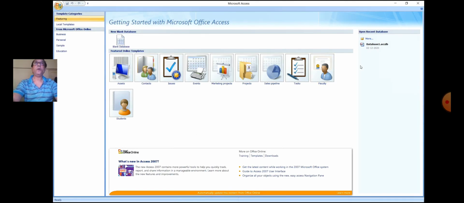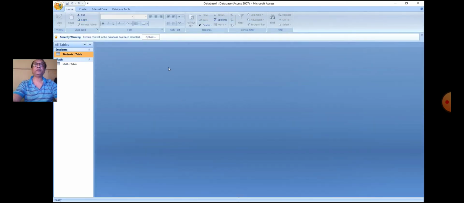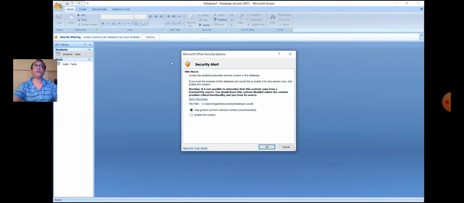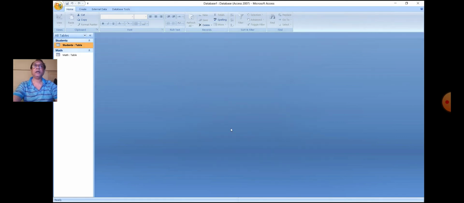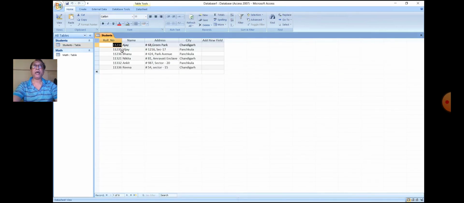Now open one of them in datasheet view. There, if you see, there are two tables. The one is students, the other one is marks table. The students table, you have roll number, name, address and city.